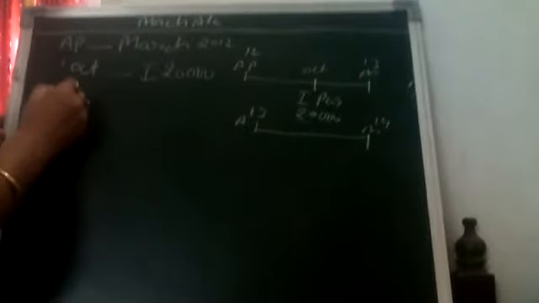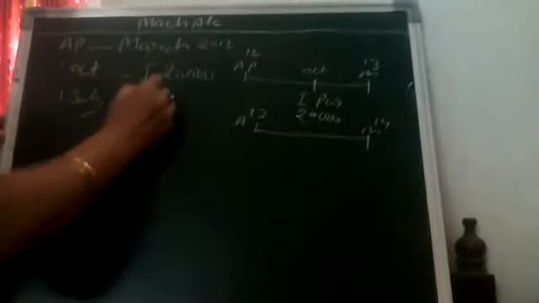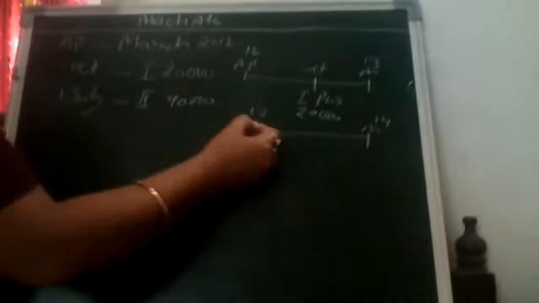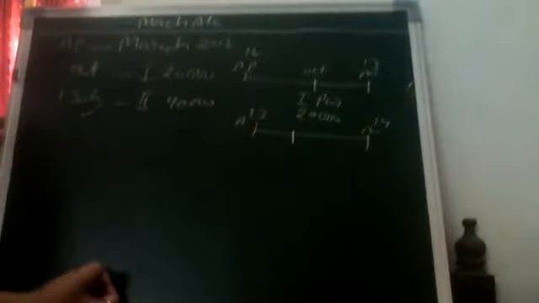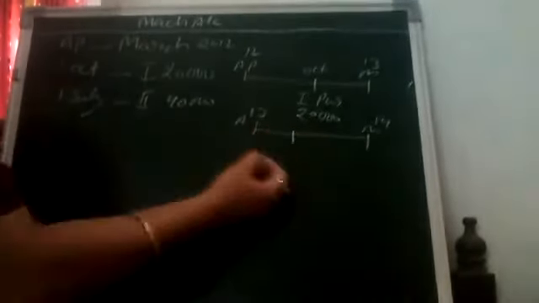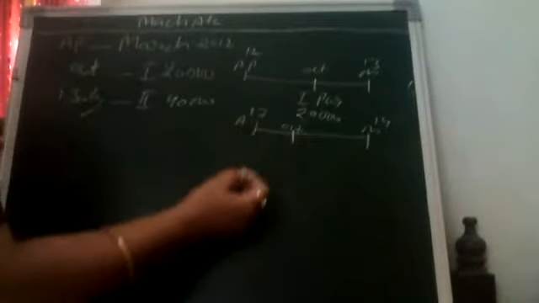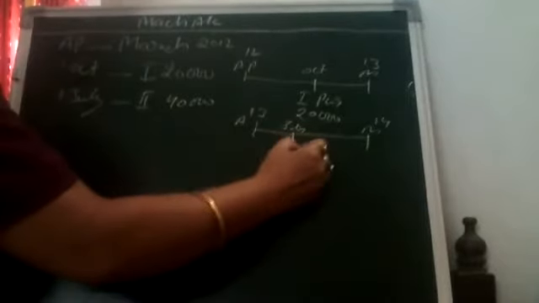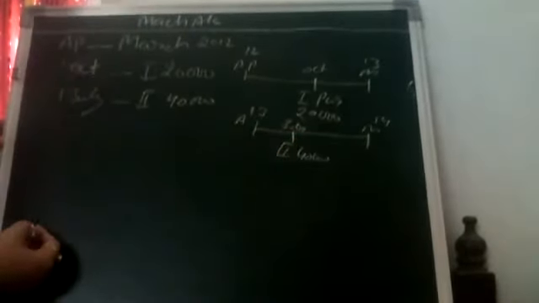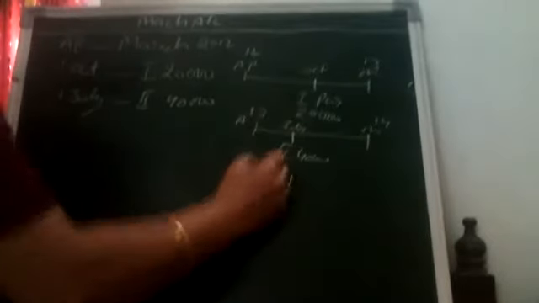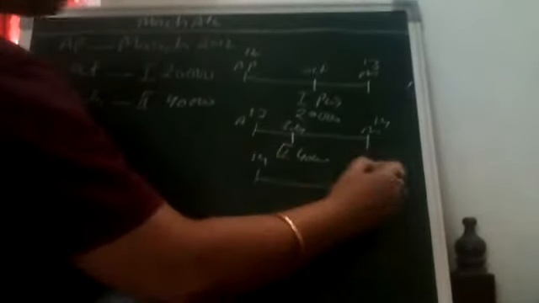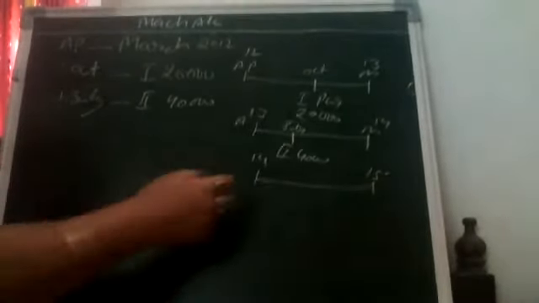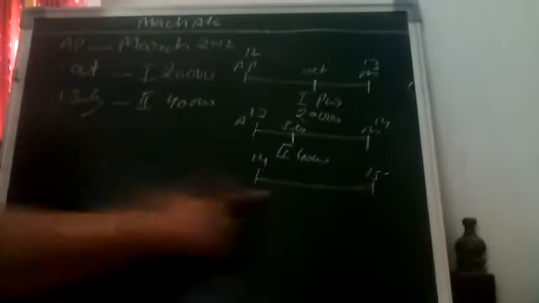In next year, on 1st of July, we purchased second machine for 40,000 rupees. In first quarter it will be 1st July, we purchased second machinery for 40,000 rupees. And no information is given about the third year. Third year is April 14 to March 15. Okay, and no event is there, no problem.